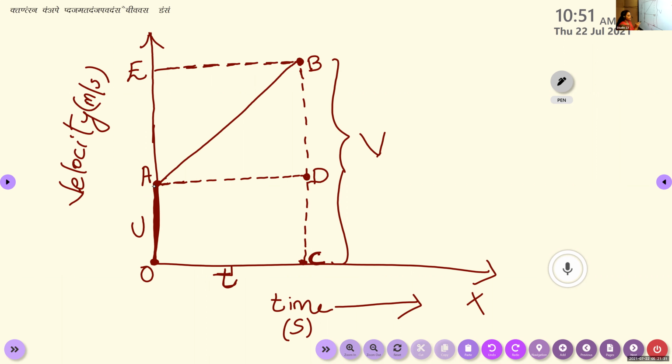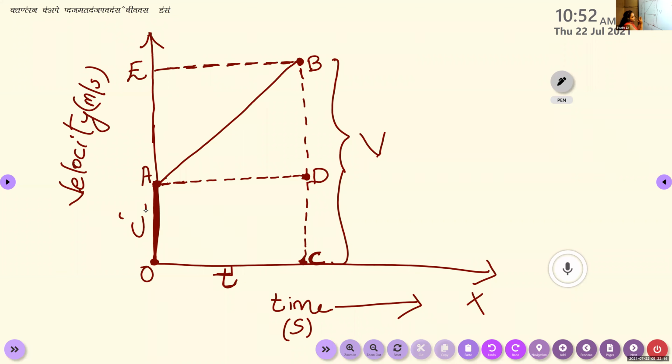Okay, all of you listen here. If OA is the initial velocity U, then can you say what the region CD represents? Here OA is initial velocity U. The exactly same length is represented by CD. So can you say what the portion CD represents here? Final velocity? The final velocity is represented by BC. So my question is DC. Is it distance? Here OA represents the initial velocity U.